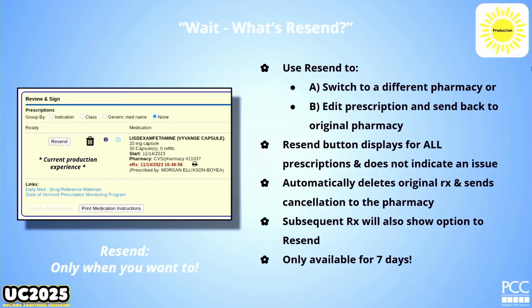So I make the joke, you know how nobody has any of this stuff, and it's true. You guys live this. Dewey came up with this really great idea that when the pharmacy doesn't have Vyvanse, instead of you having to go find it, delete it, it's going to send that message to the pharmacy, then you have to create it again. What if we just had a resend button? So right now, you go to the bottom of the review and sign, to the bottom of the ribbon, you find that prescription, and all you have to do is hit resend.